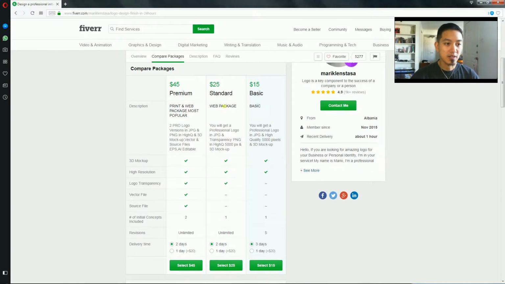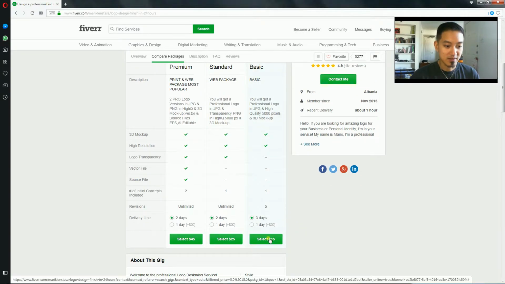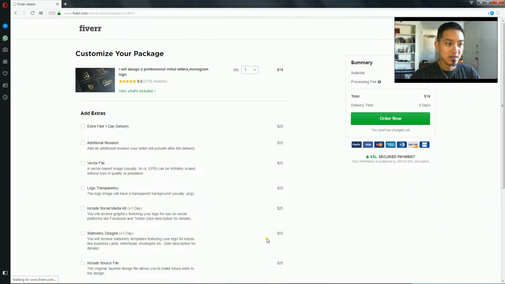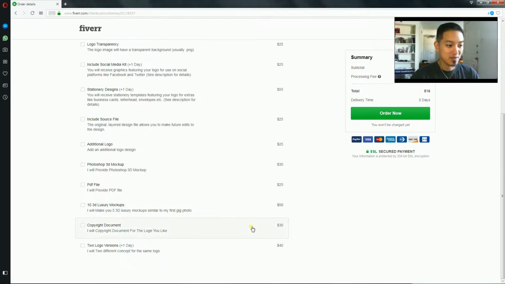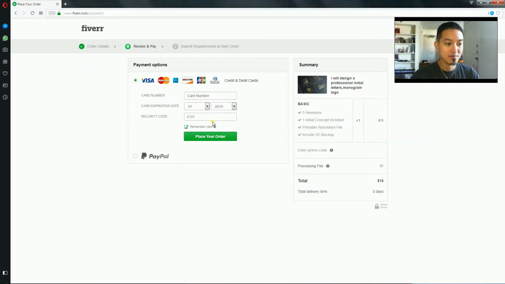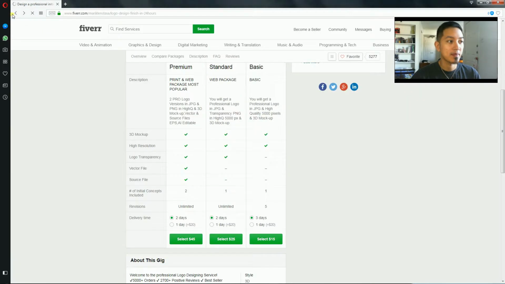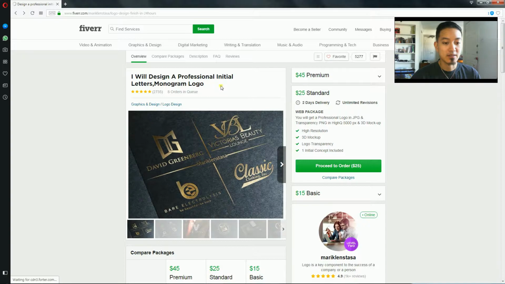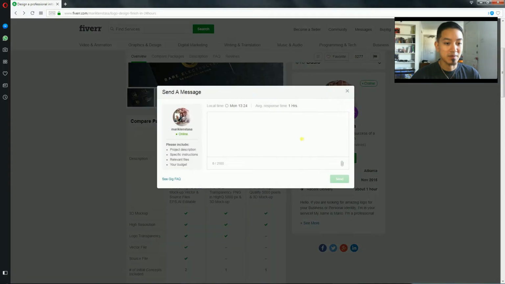So you would go down here and they have different packages. See which one you like, and you just select one. Let's just go with this one, 15. Click on that. Here are some extras you can choose from, but you don't usually need to do that. You would just click on order now, and put your credit card information in, and after that a little box should pop up like that, and then you just tell them, hello,